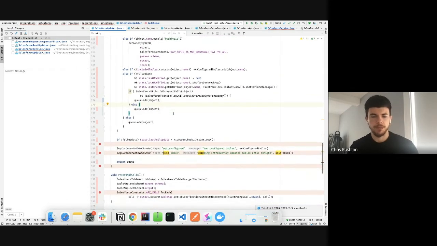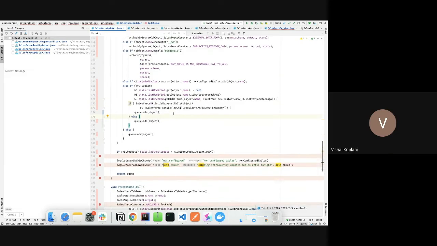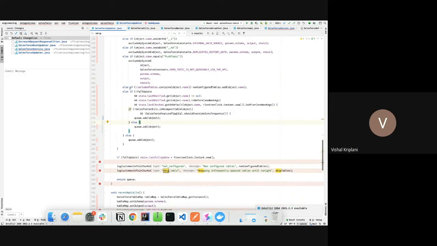Yeah. Okay, continuing that. Some other things: for the tables that are not included, meaning not selectable in the schema page, we mark these tables as not configured tables. We log this, and it helps us in debugging.